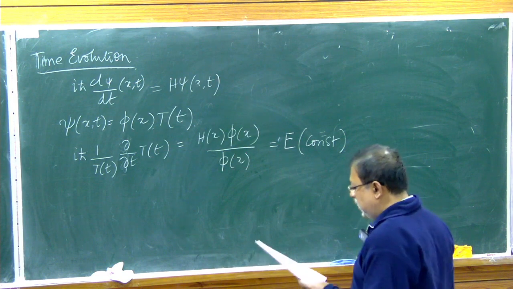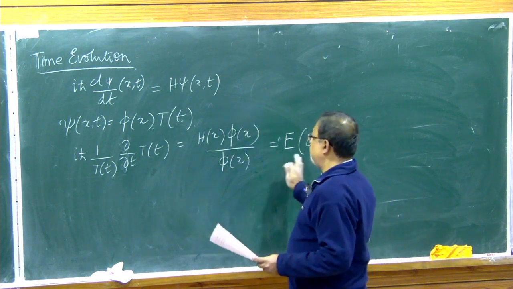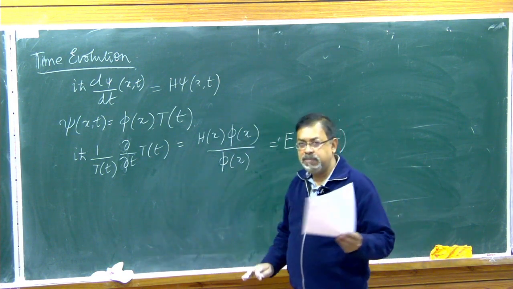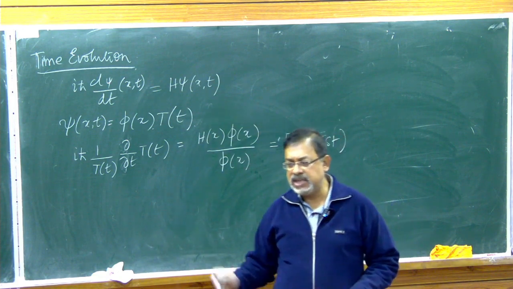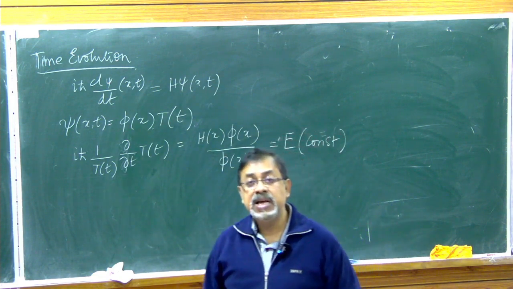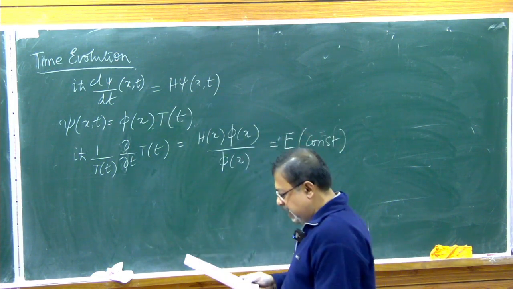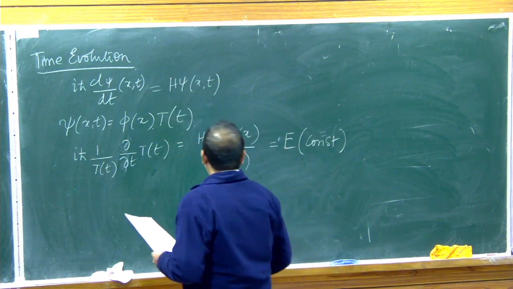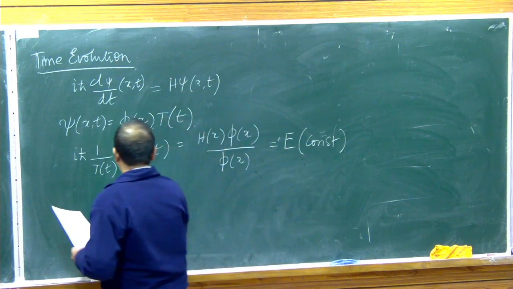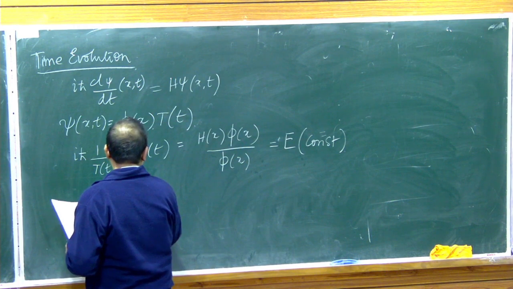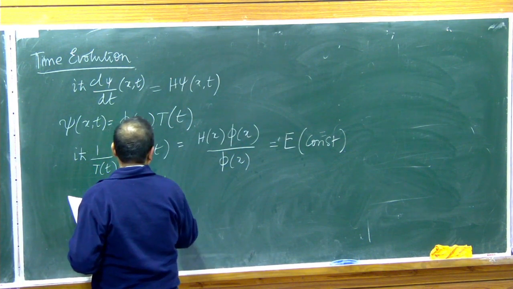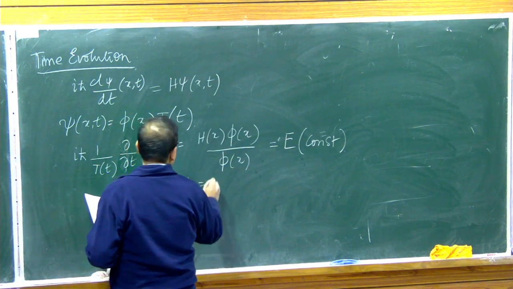This is the only way that one side is completely a function of t, the other side is completely a function of x, but they are equal. So from this I of course get the time independent Schrodinger equation, which is H phi of x equal to E phi of x,